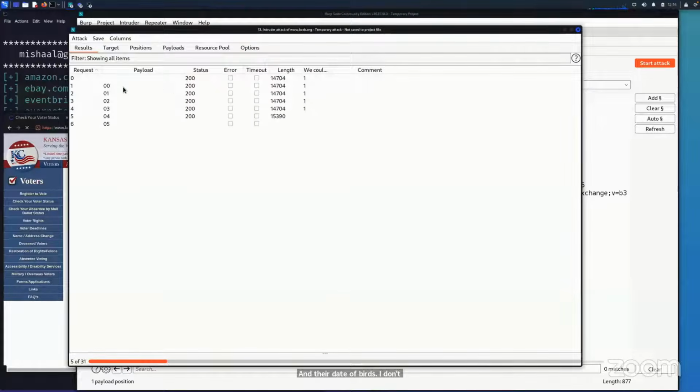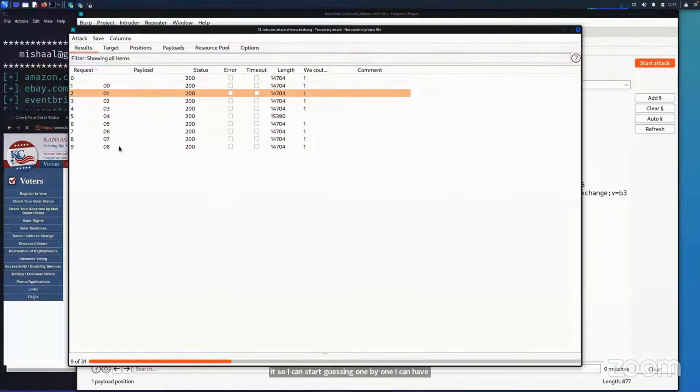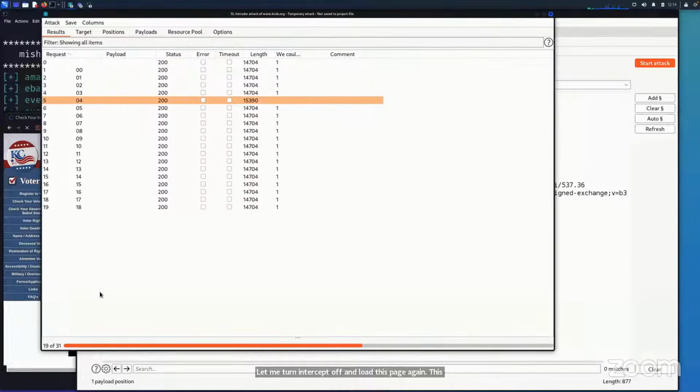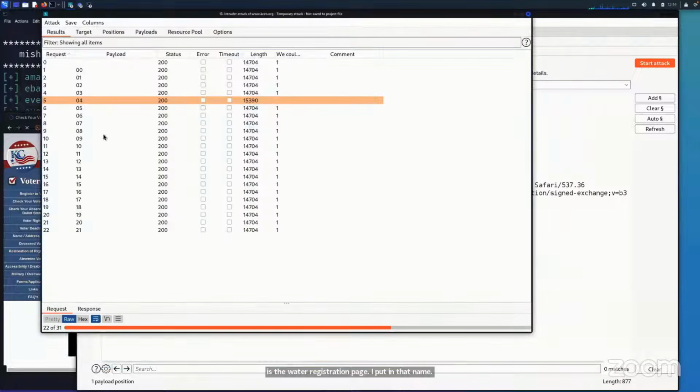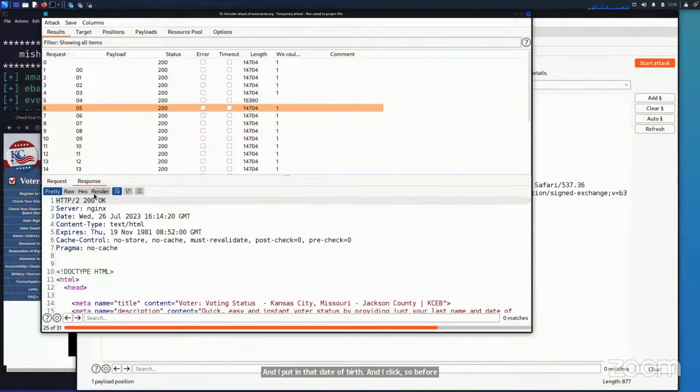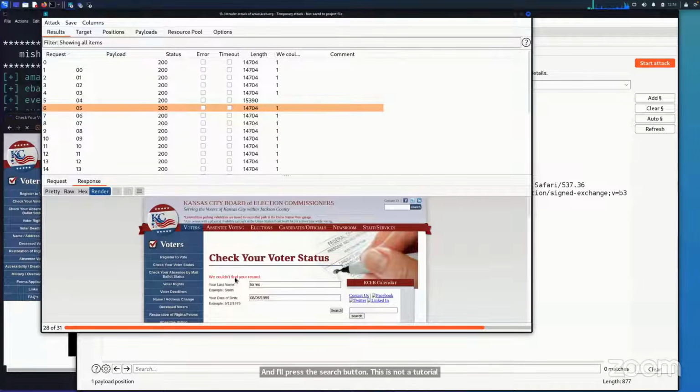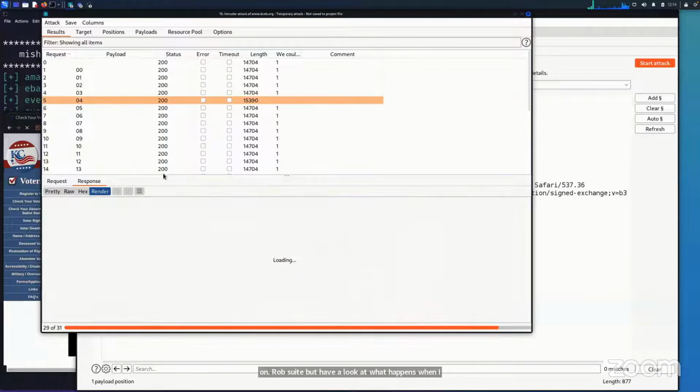As you can see, it's going through all the days. It's going to go through 30 iterations. And one of these, you see the payload length is different than the rest. This is probably that person's date of birth. You can see, where are the results of this? Let this finish. There we go. If I look at the response of some other field and render the response, it would show, we couldn't find your record, but for this one, the odd one out, the response would be,